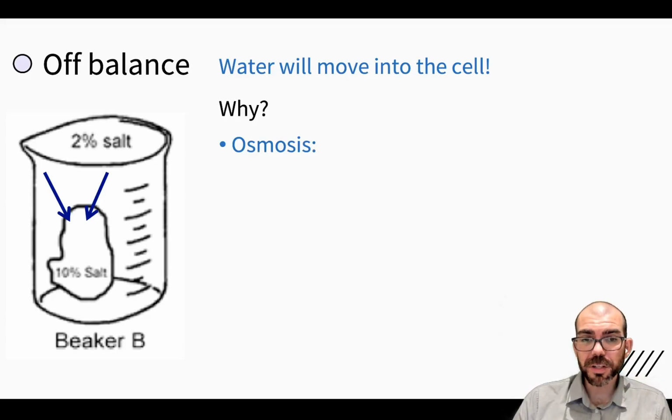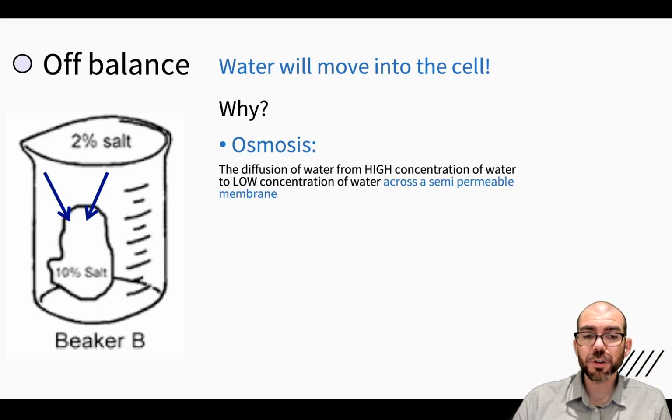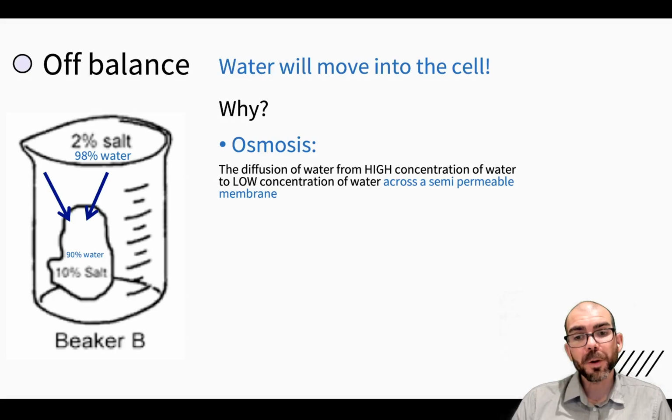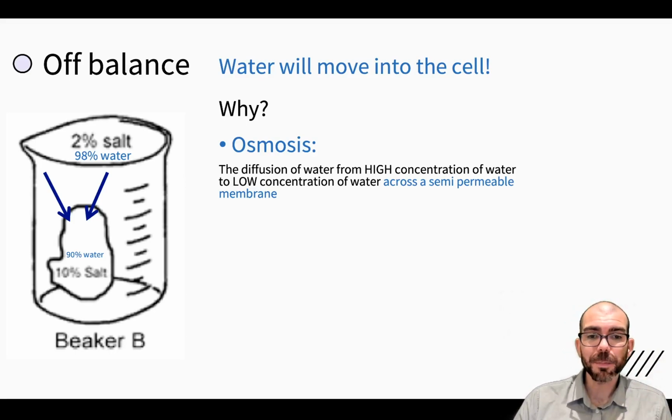Why? Osmosis. Remember, osmosis is the diffusion of water from a high concentration to a low concentration across a selectively permeable membrane. In this situation of a cell inside of a beaker, that 2% salt solution has 98% water, whereas the cell, being made of 10% salt, only has 90% water. So with osmosis, water is going to move from where it's greater in the solution to where it's lesser